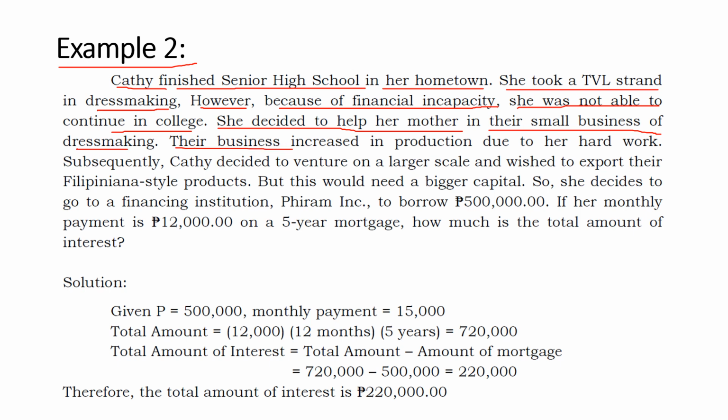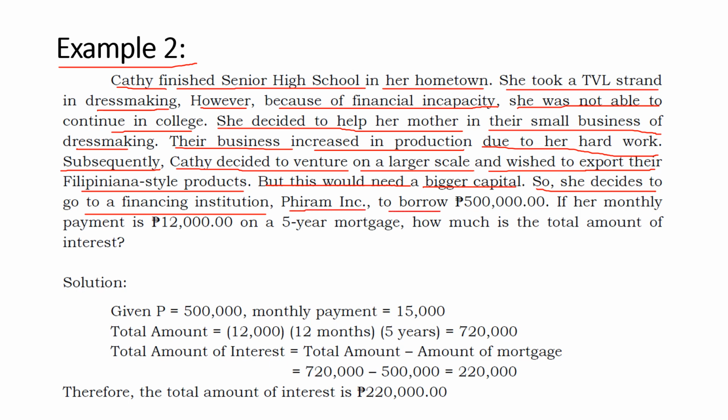Their business increased in production due to her hard work. Subsequently, Kathy decided to venture on a larger scale and wished to export their Filipiniana-style products. But this would need a bigger capital, so she decides to go to a financing institution, Piram Incorporated, to borrow